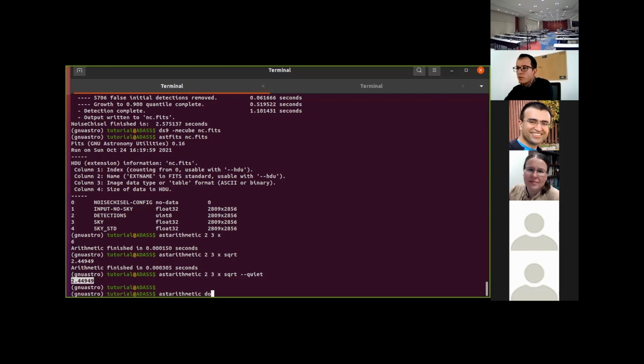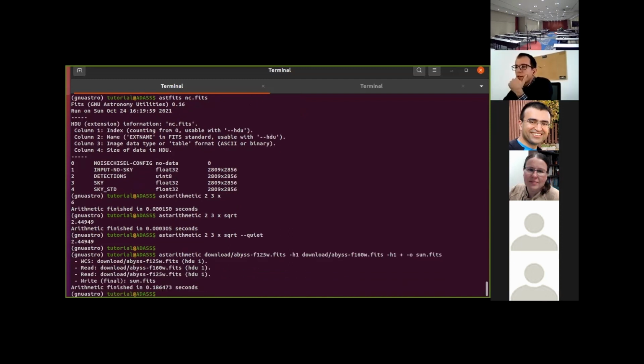Now let's specify one image. We have to specify also that we want to sum the extension number 1 of this image and then the other image. Download, for example, the other filter, the extension number 1, and now the operator that we want to use for making the operation. So we want to sum these 2 images, so we specify here plus. Okay, and now let's give an output name